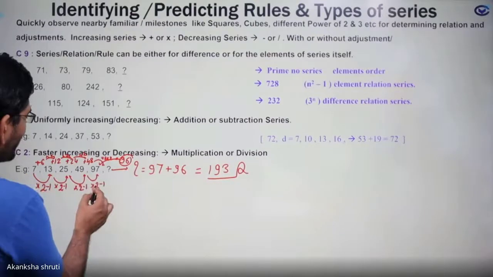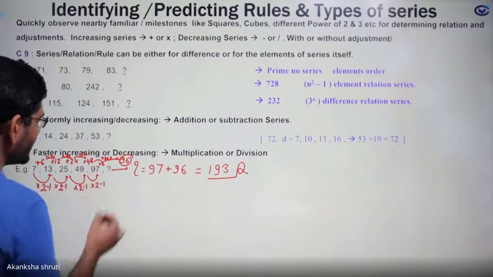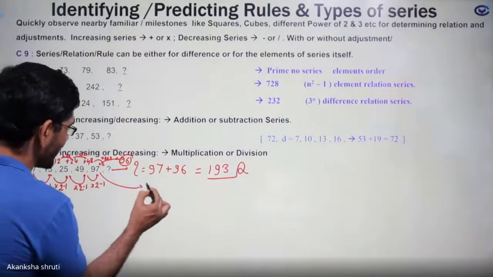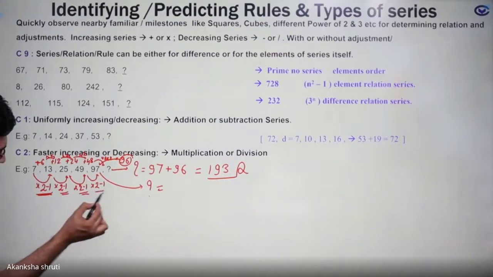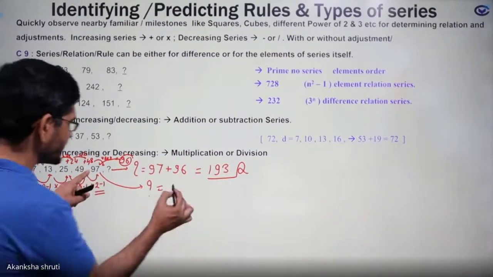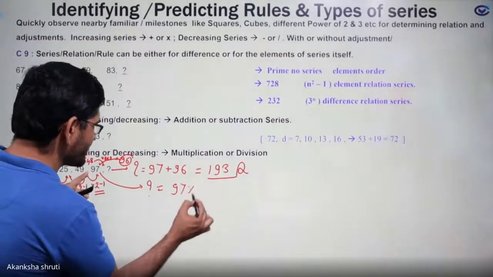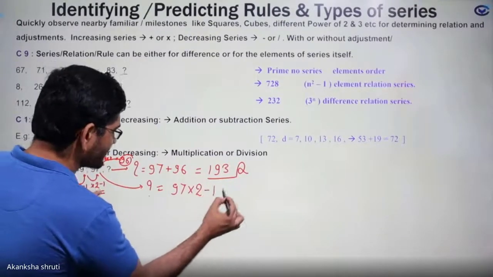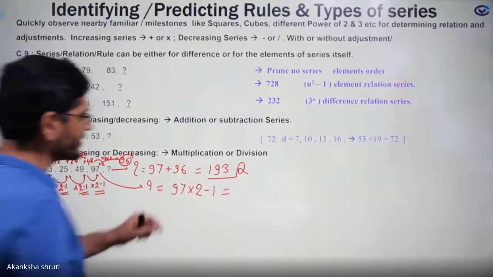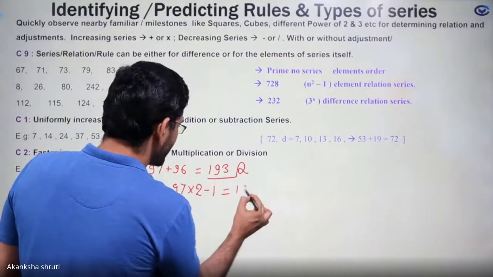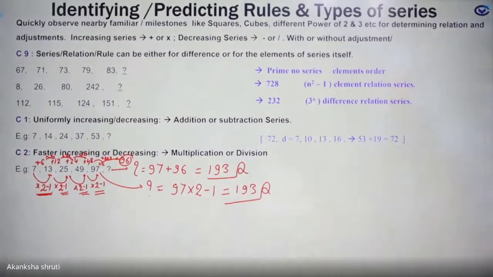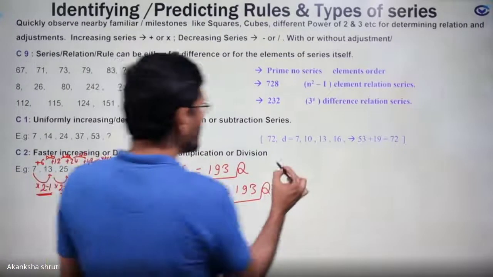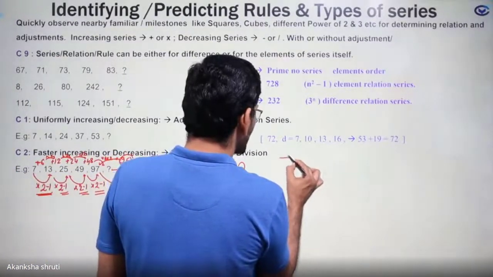49 multiplied by 2 minus 1 is 97. It means the next number will follow the same mathematical rule or formula that we have derived. This number 97 has to be multiplied by 2 and 1 has to be subtracted. So it is 194 minus 1. It is 193. So this way we are observing here that more than one rule is possible.